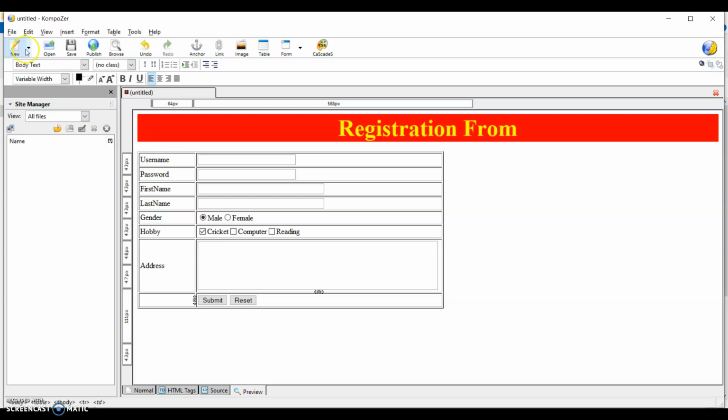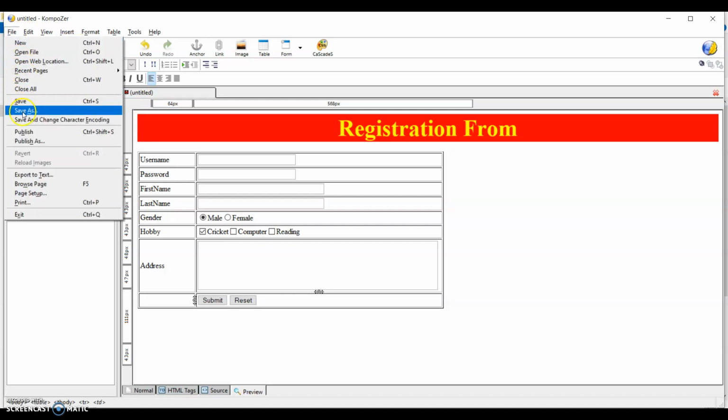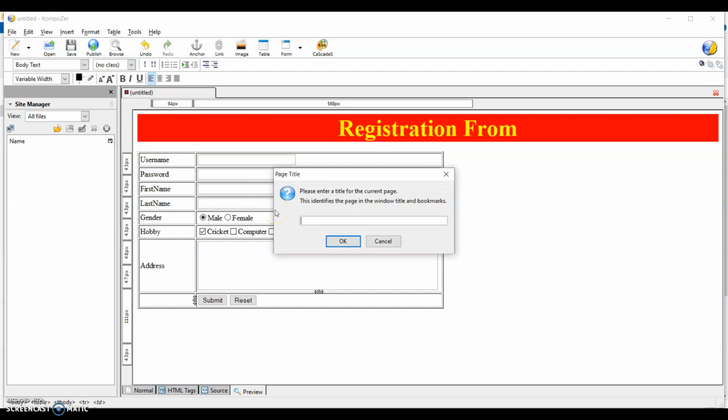Now we want to save the file. Go to File, then Save. So here you give the current page name.